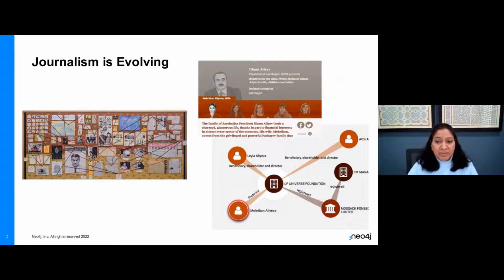Data volumes are much, much higher and increasing on a daily basis. Stories that break are also much larger now, and not just involve parts of a country, but sometimes the whole world. Each journalist may work locally, but then collaborate with colleagues around the world to get the bigger picture of a story. And I'm going to say something tongue-in-cheek, so pardon me, but journalists today really can't rely on the corkboard and string method to keep track of all the activities that fraudsters are